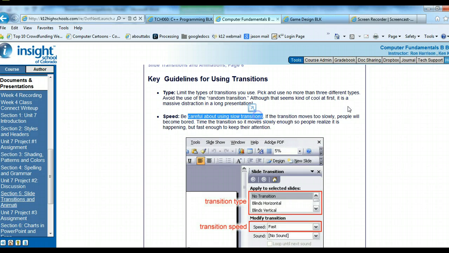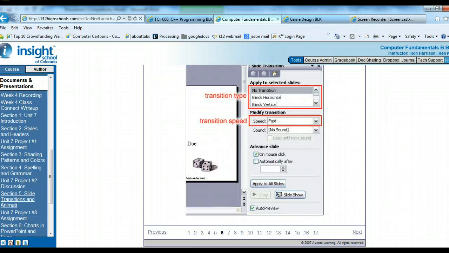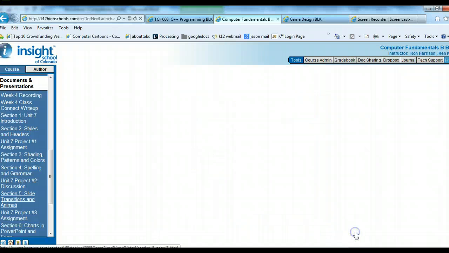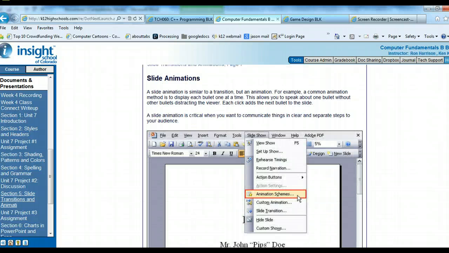You don't want to use really slow transitions. You want to have them to where people aren't going to be bored as they're watching it transition from one slide to the next. And then there are animations. So there are transitions and then animations. And animations,